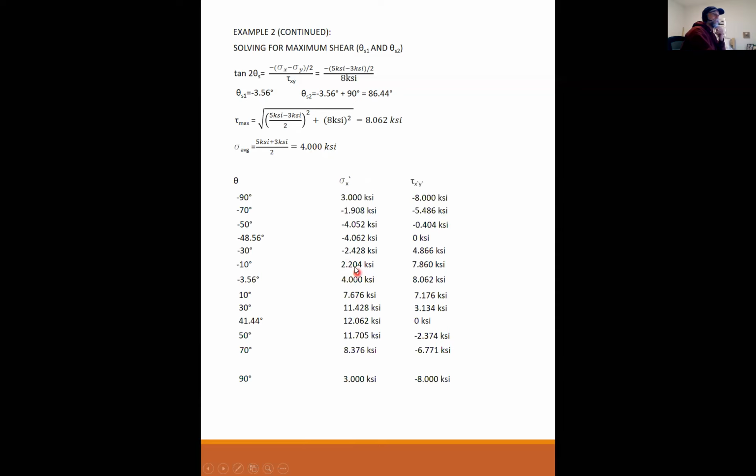Normal stress fits right in between there, and that's my peak maximum shear stress. Similarly, I can put in 86.44 into here, and I get my 4 KSI, and my minimum shearing stress is